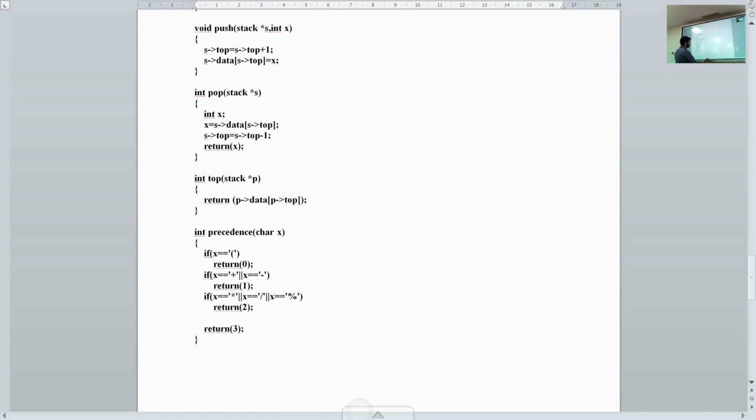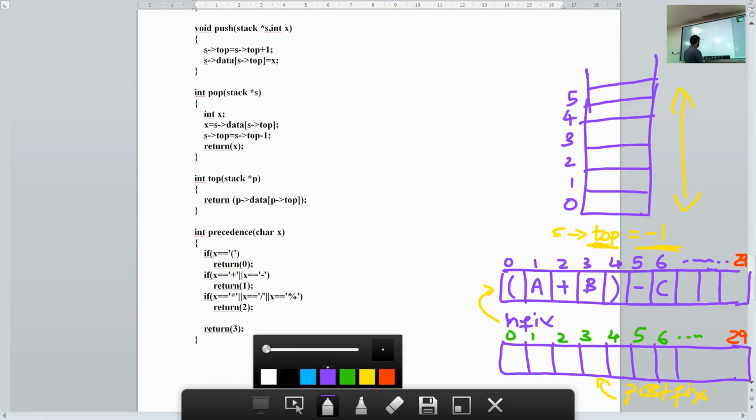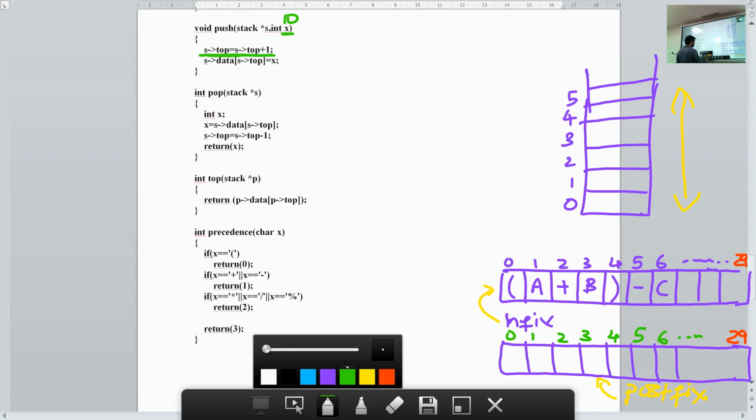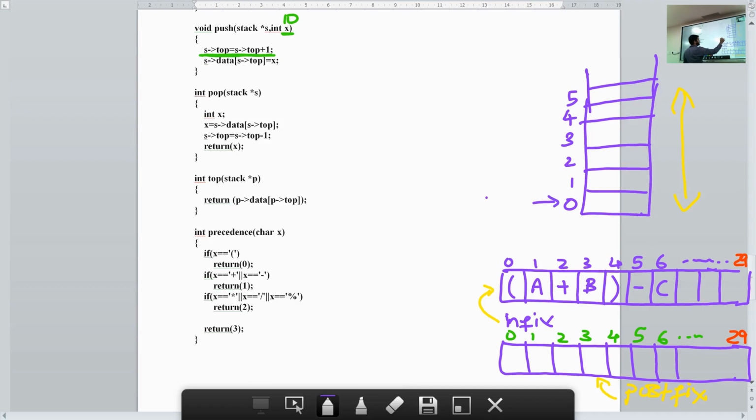So let's look at the push and the pop functions. If you are pushing an item on the stack, what do we do? What are the two steps? First, we increment the value of the top. So we increment it by 1. For example, if you are pushing some value, say 10, x value is 10. What will we do? Increment your top value by 1. When you increment your top value by 1, -1 plus 1 will become equal to 0. So your top will be here.